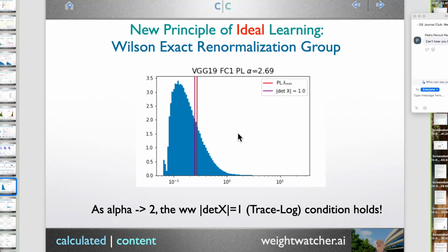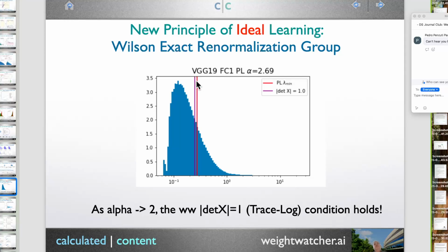What happens is if you take any layer, like, again, this VGG19 FC1, and fit it to a power law, I use an MLE estimator. You have to choose the start of the tail. The power law starts here at this red line. If you assume that the correlations concentrate in the tail and they satisfy this trace log condition, which I call detX in the WeightWatcher tool, you say detX equals 1. Then you ask what eigenvalue would I pick so that the product of all these eigenvalues is close to 1. That turns out to be this purple line.